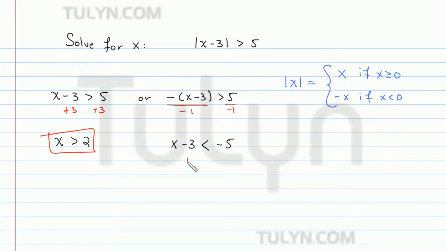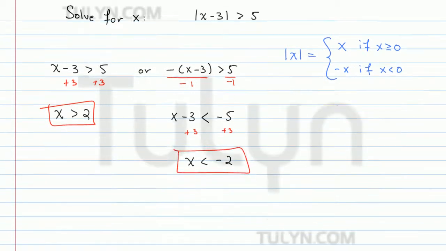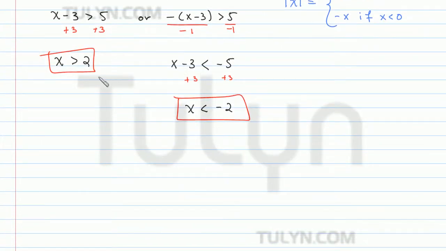So again, solving for x, we want to add a 3 to each side, and in this case we get that x is less than negative 2. So now, combining these, we know that x has to be greater than 8, or x has to be less than negative 2. So if you think about it on the real number line here,